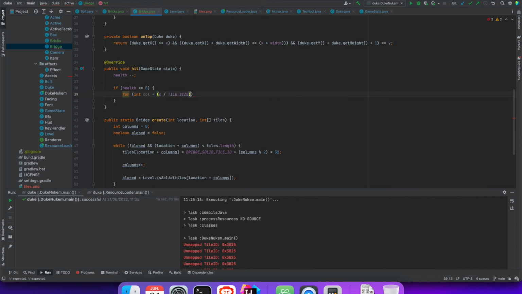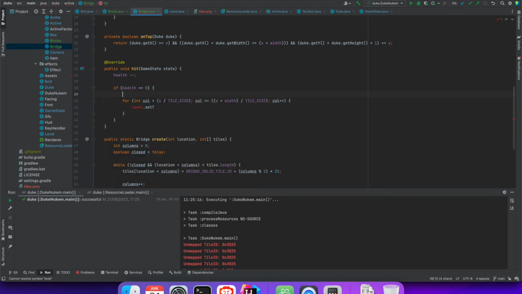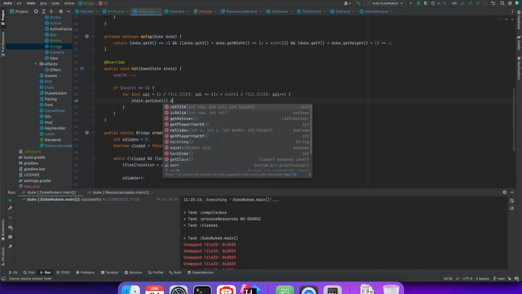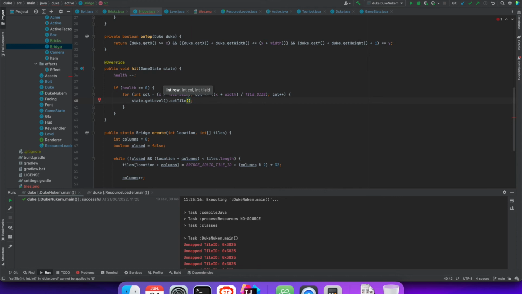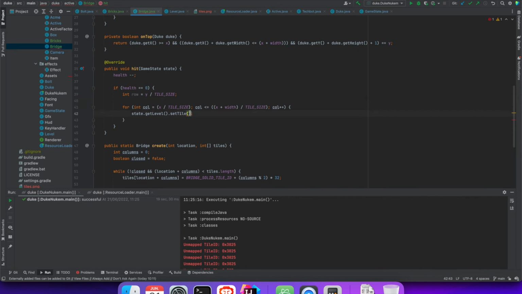So that's X divided by tile size. Column should be less than or equal to the X plus our width divided by the tile size. Column plus plus. All right, and then we can say that our tile, so let's grab the level. I guess I can just do state, get level, set tile, and then the row should be, I guess we'll just calculate the row here, Y divided by tile size. So we have row, we have column,